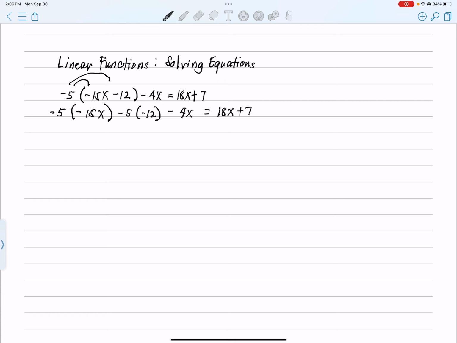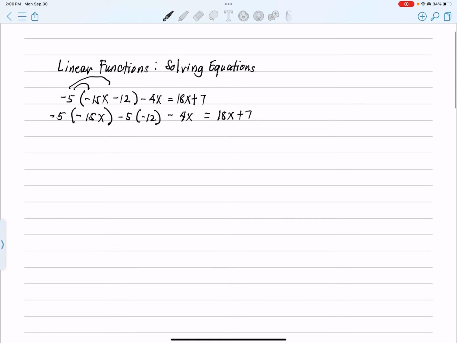Okay, let's simplify. Negative 5 times negative 15, that would become 75x. Negative 5 times negative 12, that would be 60. Then minus 4x equals